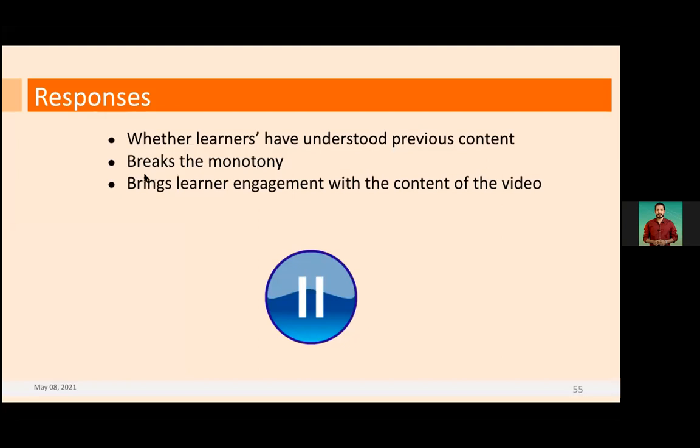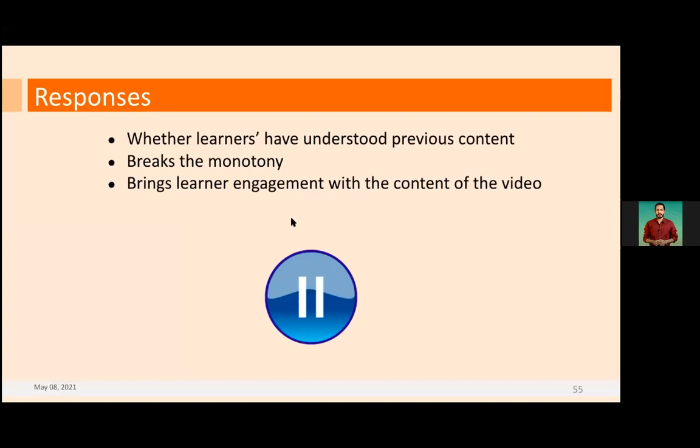If it is just a monotonous video, putting a reflection spot will break the monotony, and also it will help bring learner engagement with the content of the video. So these are some highlighted advantages of having a reflection spot, from the learner's point of view.